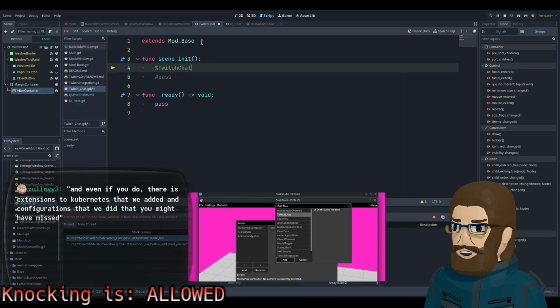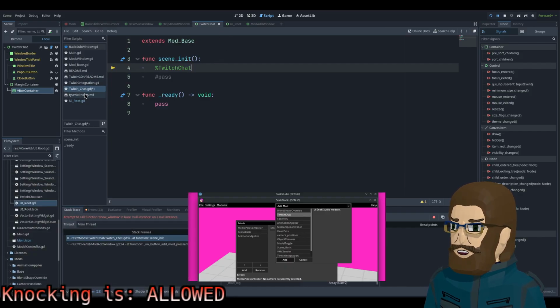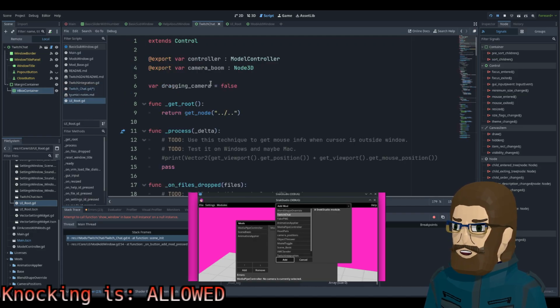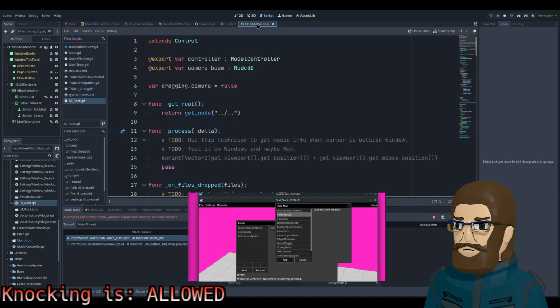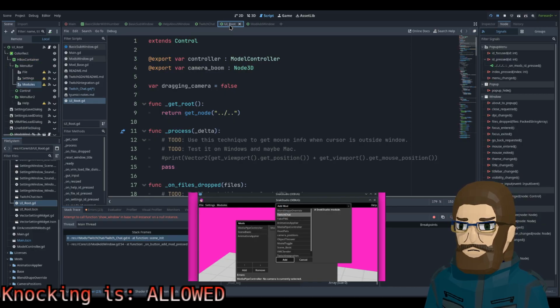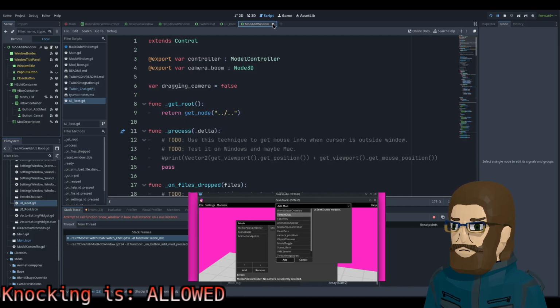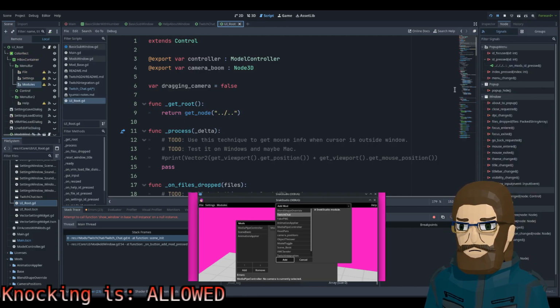So UI root is in here and it's got the scene. So how would I go about, oh man, mod add window. What are you? On mods ID pressed.